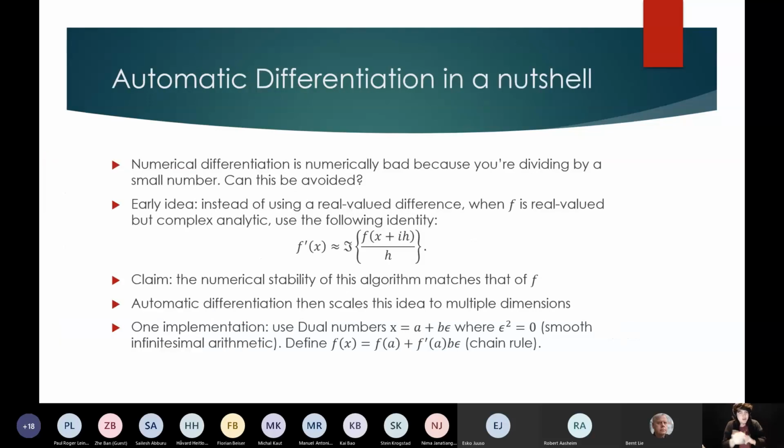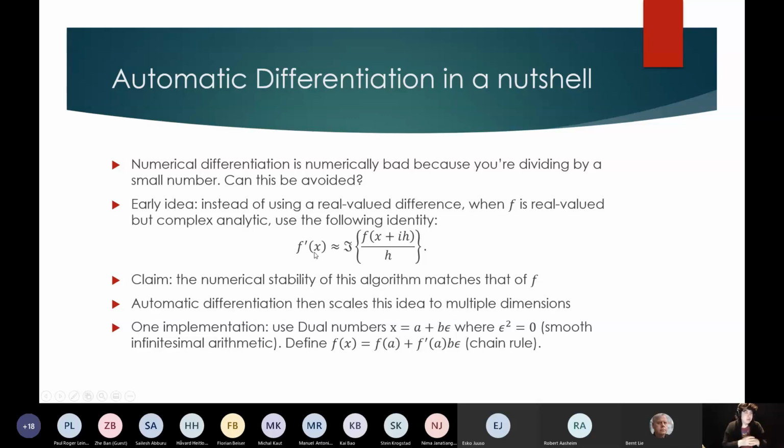And one way to see how you can do that is by understanding automatic differentiation through algebras. For example, one way to start is to say that automatic differentiation comes from complex step differentiation, which says that the best way to get your derivative is to not take a small step in the real dimension. If you have a real valued function and a real valued input, you can take a step in the complex plane, and then take the imaginary number that comes out of that, and that's an approximation for the derivative.